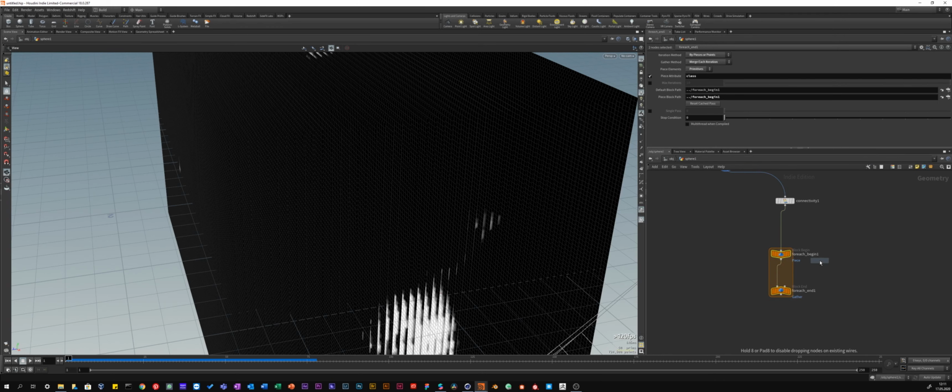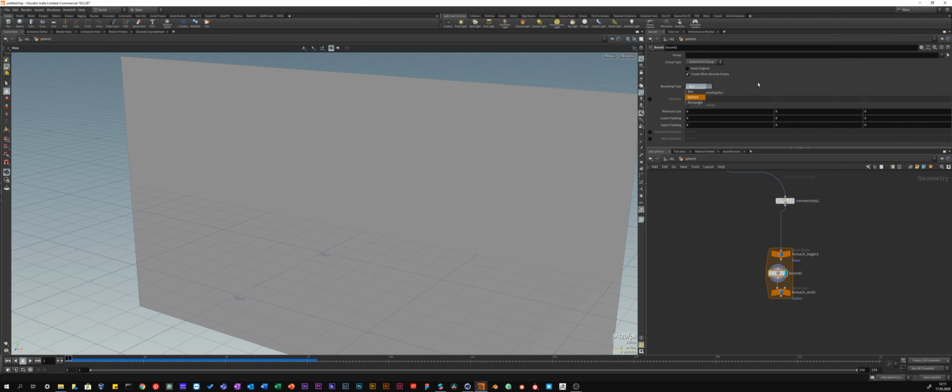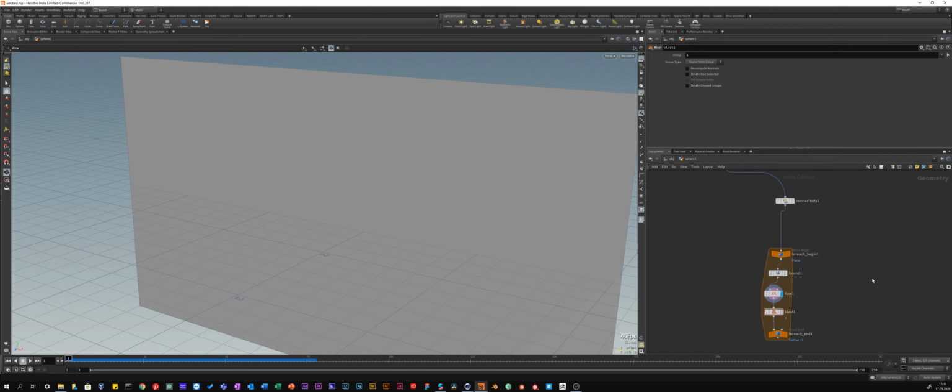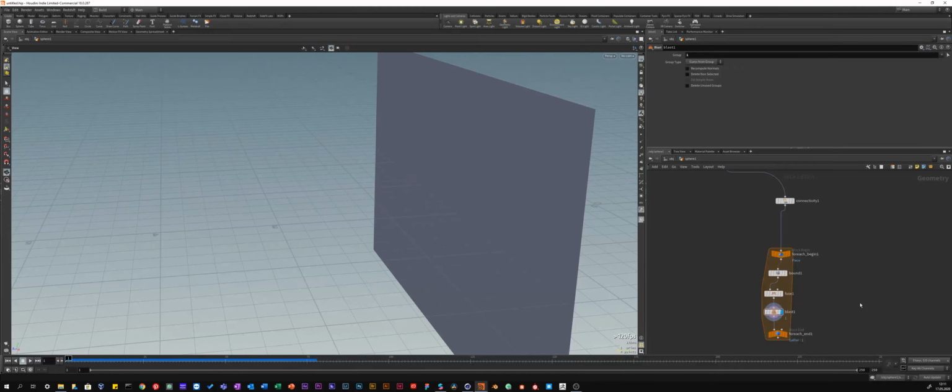So let's see. Okay, we create a bounding box. I tried to change it here to rectangle, but for some reason this doesn't work. So I just fuse everything, because right now it's like a really thin box. Yeah, just fuse it and delete, or blast, the first polygon, so we only have one plane. Yeah, this works. Maybe create some normals